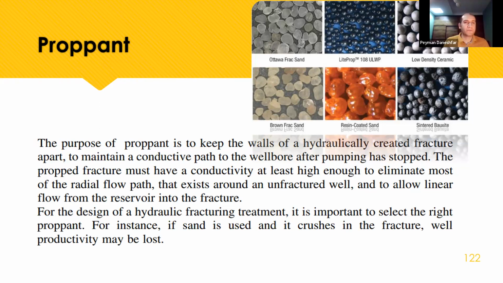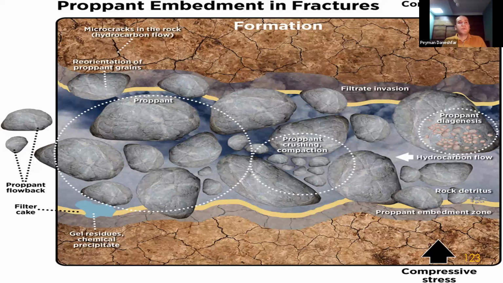But we have more types, some common types: sand, ceramic, intermediate strength or high strength, and another one is the resin proppant. If you look at the picture, you can see the proppant embedment in a fracture. The proppant gathers together,